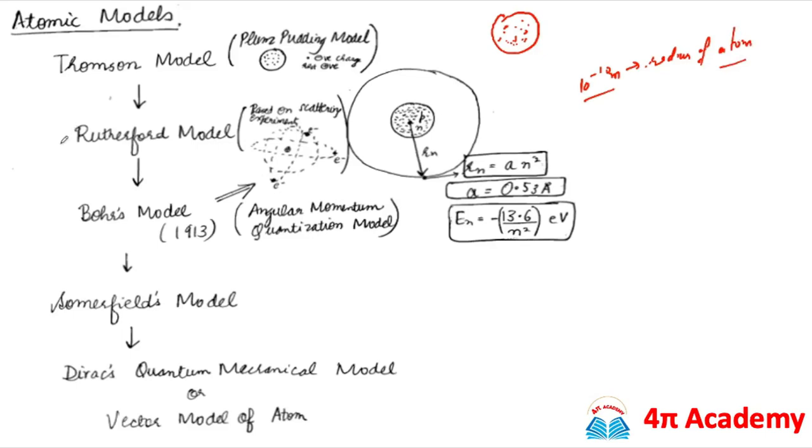But this model was not successful because it could not explain all the features of the optical spectra of hydrogen, why the spectra change with the change in atomic number, and why the spectra of hydrogen and helium are different. Later, in the year 1911, Rutherford explained a model, generally known as the Rutherford alpha